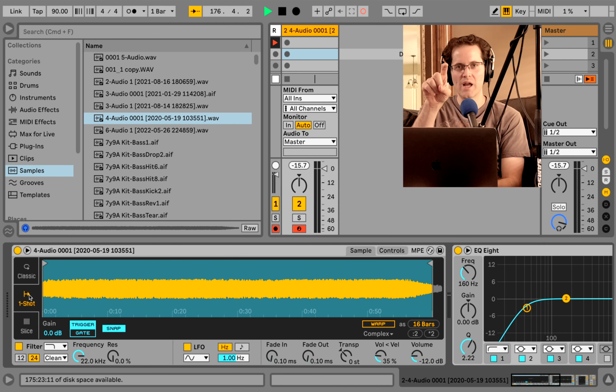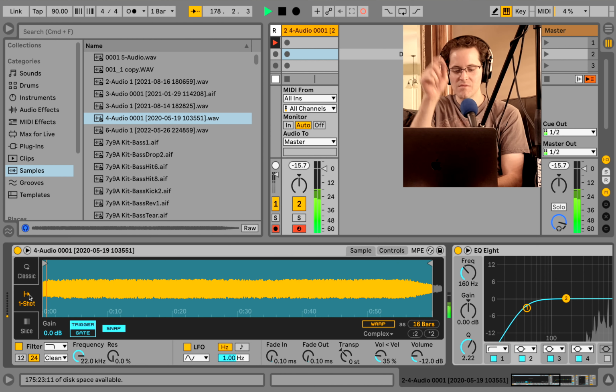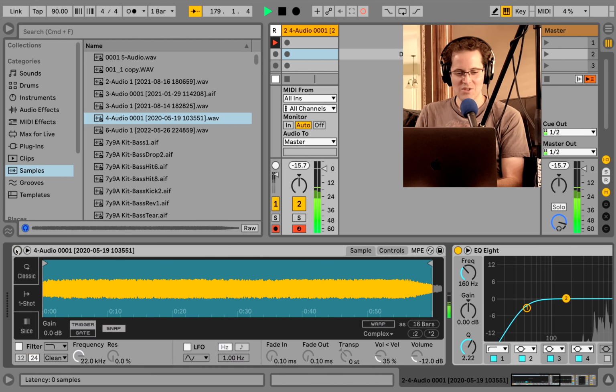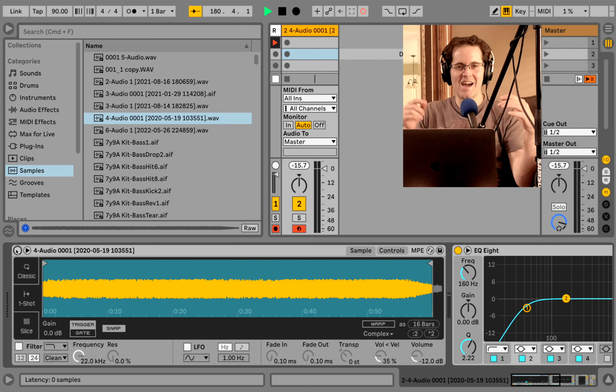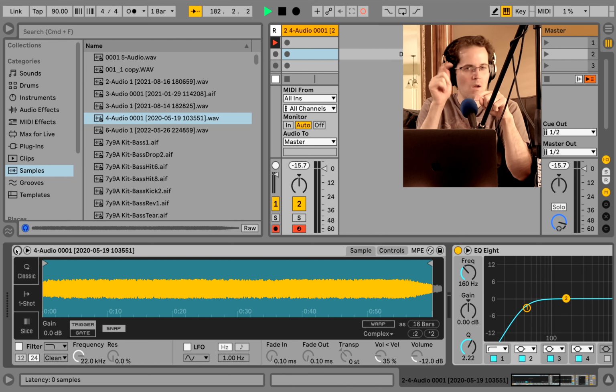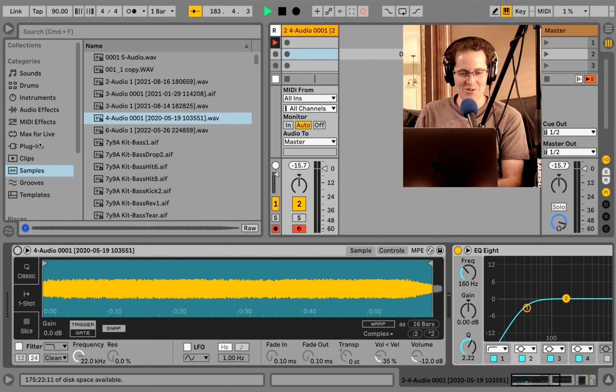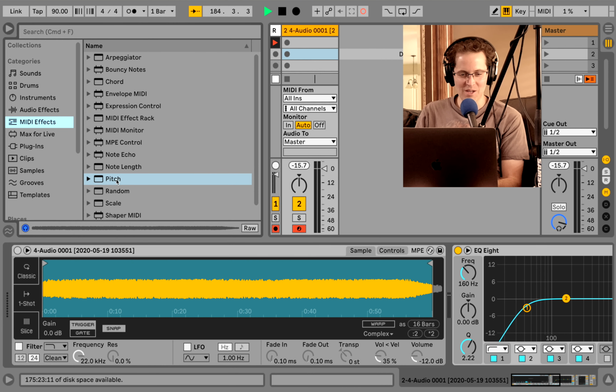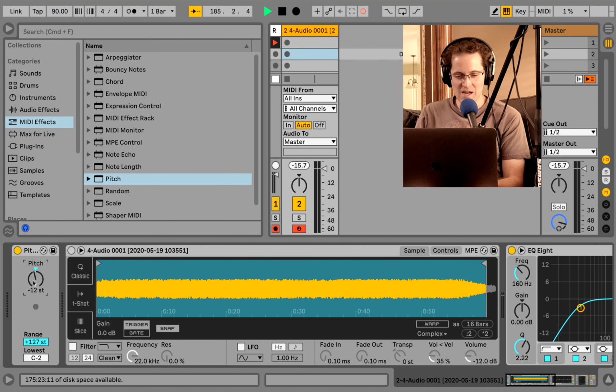So now in one shot, when I tap it, it plays. So you get that sort of like the guy or gal who's got the pad controller and is hitting samples and stuff. I'm going to go to MIDI effects really quick and drop a Pitch and shift down arrow, take it down.